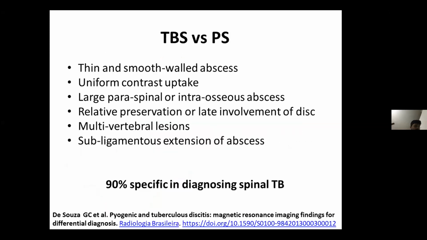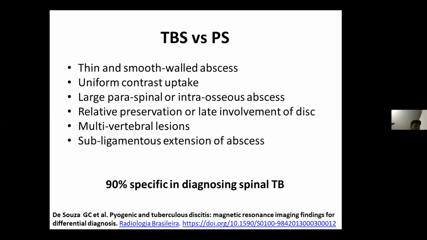So based on the literature, differentiating between a tubercular spondylodiscitis and a pyogenic spondylodiscitis just based on the MRI can be almost 90% specific. So it's that high specificity for tubercular spondylodiscitis. The characteristic feature of the abscess in tubercular spondylodiscitis is that there is a very large abscess and